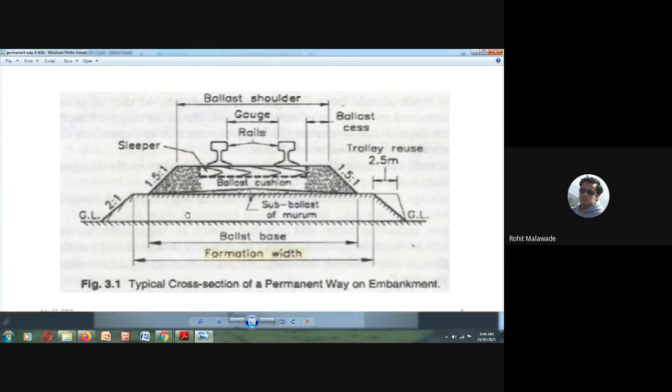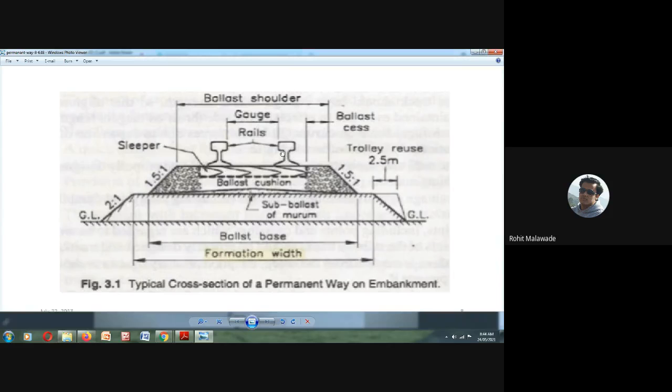When the surface is ready to receive the ballast, we call this particular level the formation. So these are the different basic elements in a permanent way: formation level, ballast, then sleepers, rails,